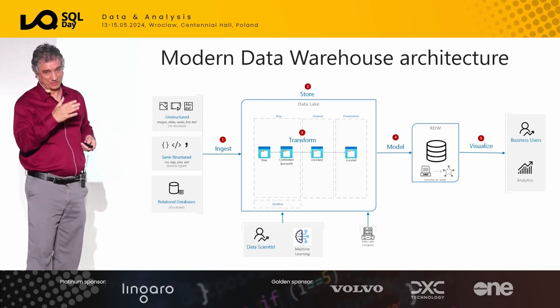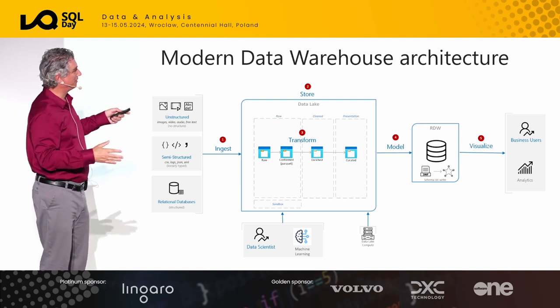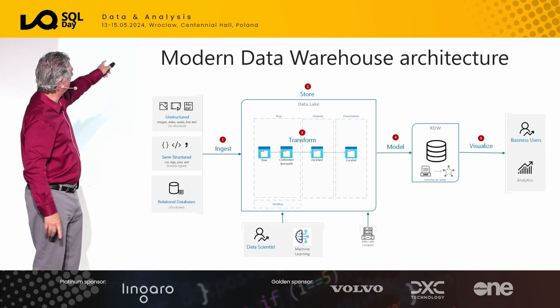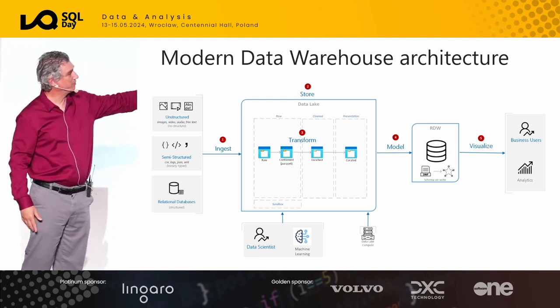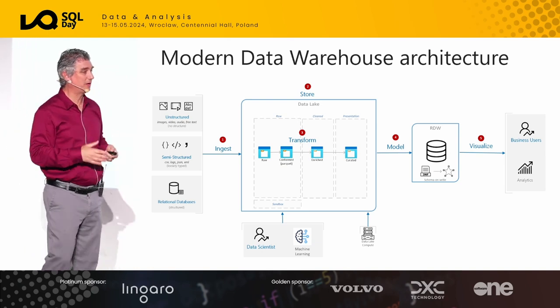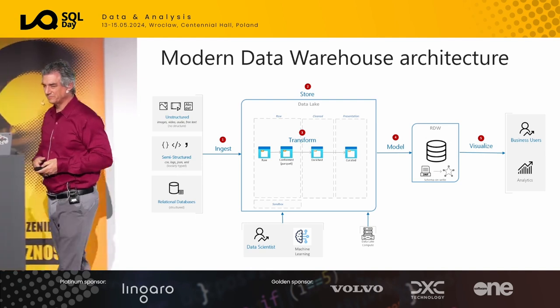And then there are always the exceptions. I had this question when I did a workshop yesterday: sometimes you may want to skip the data lake. For a relational database table, maybe a small one, it will go right to the RDW. So there are all sorts of exceptions. Just know what the trade-offs are when you bypass something like the data lake.